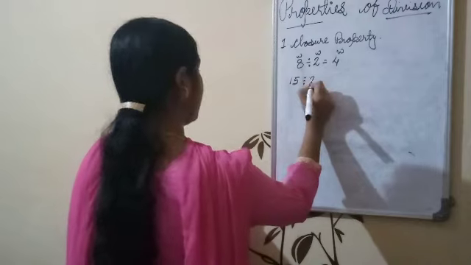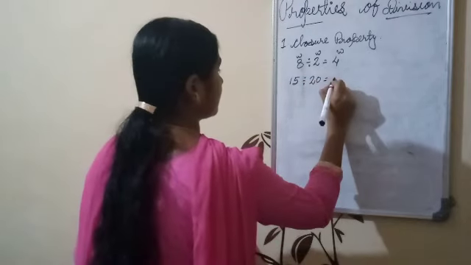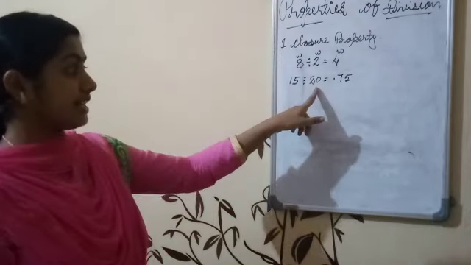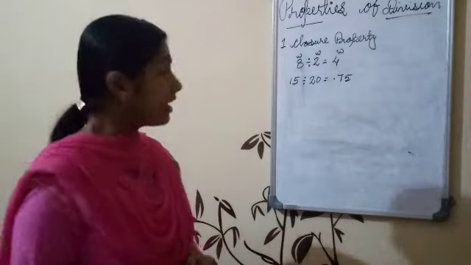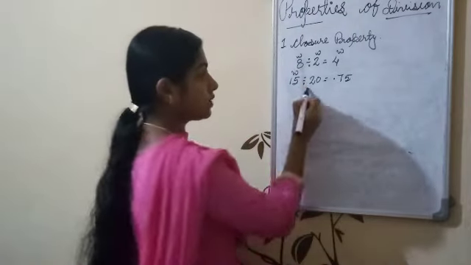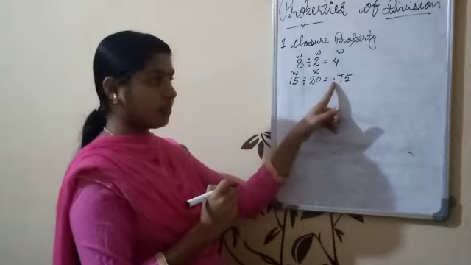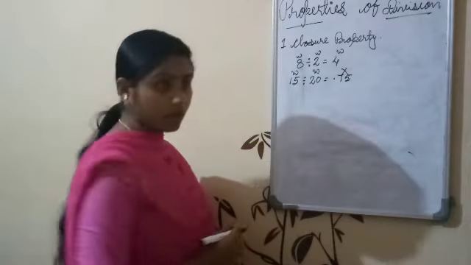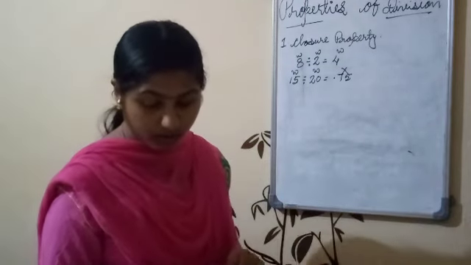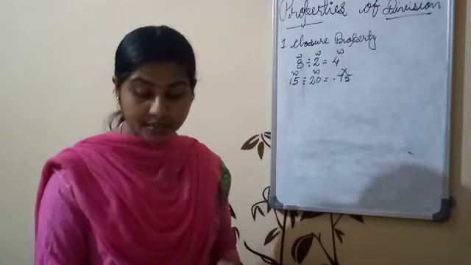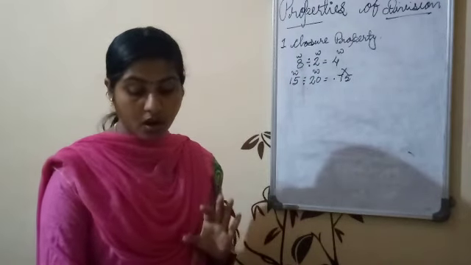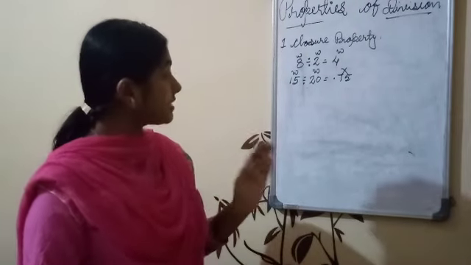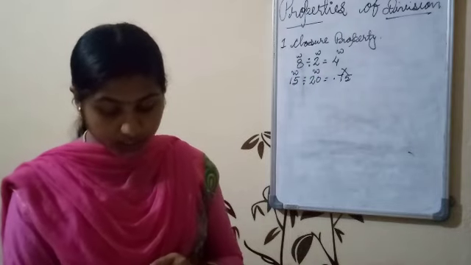And in some cases, 15 divided by 20, the quotient is 0.75. Here 15 is a whole number and 20 is also a whole number. Then is 0.75 a whole number? No, it's not a whole number. Okay, the closure property: A divided by B need not always be a whole number. Then the second property, commutative property.